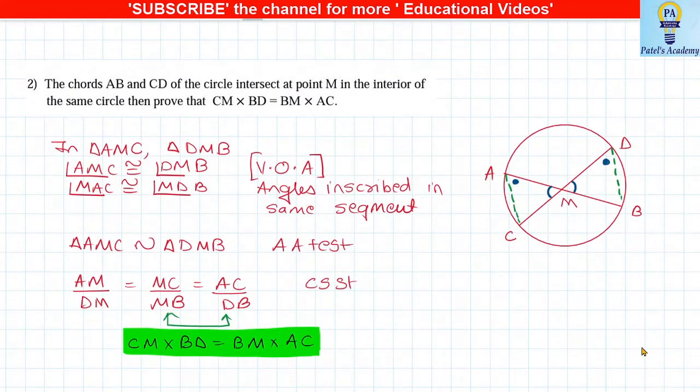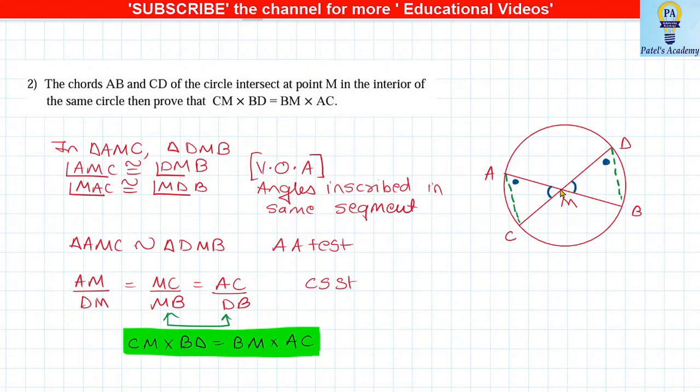Now there are two chords intersecting each other at point M, and we have to prove something. I have done the figure, chord AB and chord CD intersecting at point M. The green dotted lines are nothing but the construction part. So we are taking these two triangles. Now see the marking what I have done. I have done two dots at angle A and angle D. Again students, I am using single letter for explanation, and when you write, you have to write down in 3 letters. Angle A and angle D are nothing but angles inscribed in the same segment. By property, these two angles are equal.